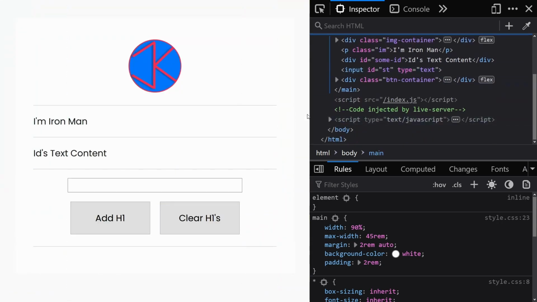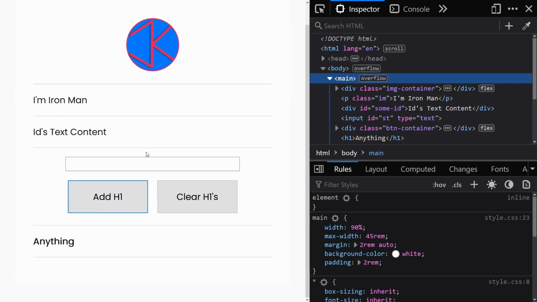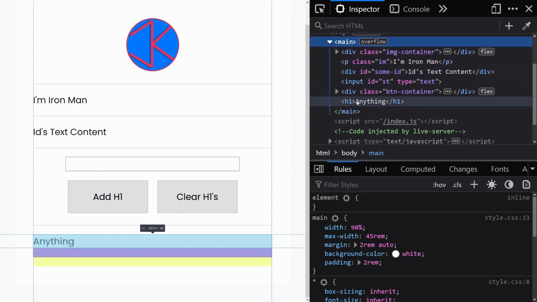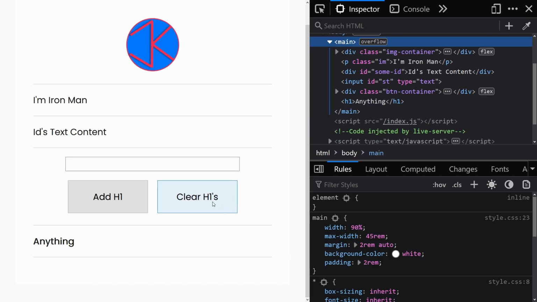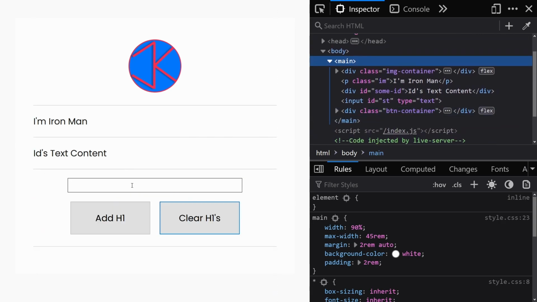You will also find the complete JavaScript, but I will explain the JavaScript part. As you can see here, we can type anything here, not very creative I know, and we can just add it here. Now a new h1 element is added, and we can also delete this. As you can see now, it's no longer part of our HTML. So this is what DOM manipulation using JavaScript means. We can create and delete elements inside of our JavaScript.